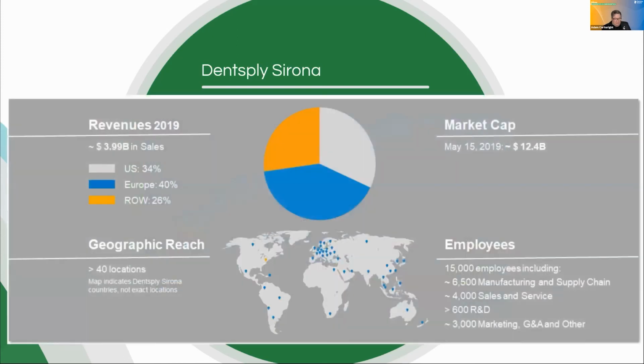So here are some numbers to look at first. As a company, we've got a total revenue of about $4 billion US. You'll see from the graph here, that's fairly evenly shared across the world. We're present in over 40 locations worldwide. Our main head office is in Charlotte in the US, but the equipment that we've talked about tonight is actually manufactured in Bensheim in Germany, hence our reputation for solid German engineered products. Here in the UK, we're based in Weybridge in Surrey,